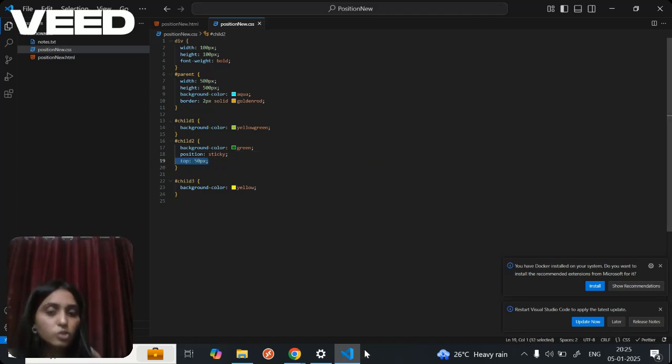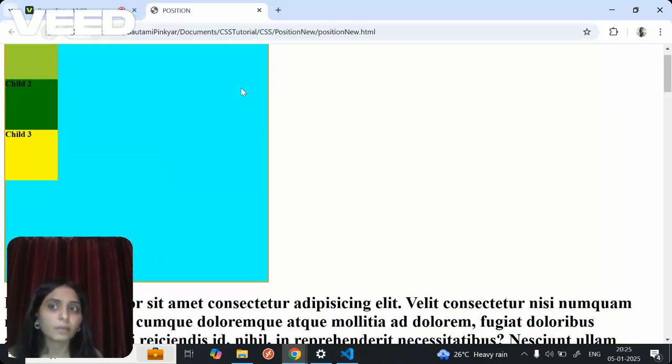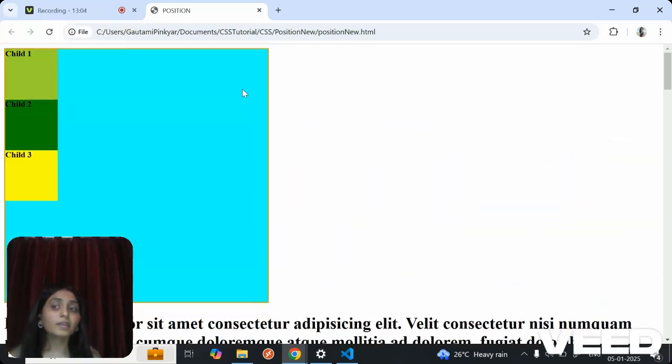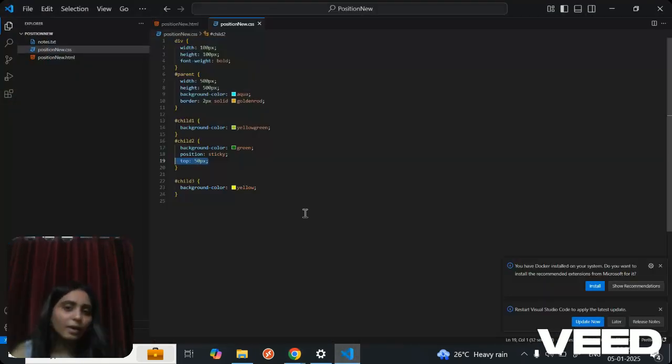You need a dimension, top, left, whatever, for it to work. And it does not remain fixed constantly. It will remain fixed for a particular scenario or particular conditions. And those two conditions I have already explained to you over here. One is that till the time it scrolls, it will keep moving. Once it reaches that particular top or whatever the dimension, it will stay there till its parent is ending.